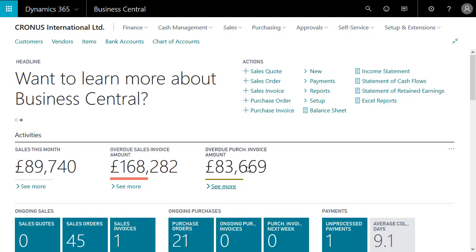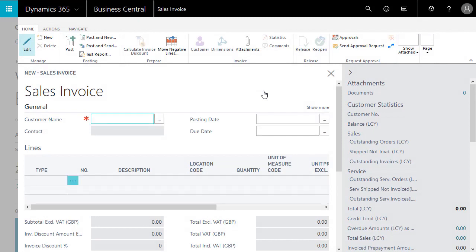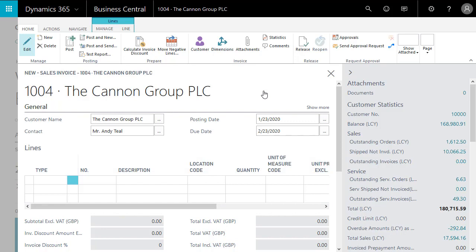So and that's also something that we can do. So let me demonstrate this. I will go to sales invoice. So I will create a new sales invoice. This is of course an invoice for customer 10,000. So there we go. And now, and this is very important, I will need to use a function to retrieve